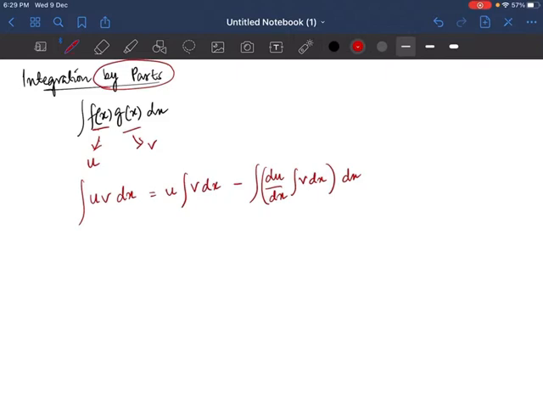Okay, so basically what is the main purpose of selecting u? The reason we are selecting a function as u is that you see, u is never integrated. U comes outside and u in here is differentiated, right? So we will only substitute those functions as u which are hard to integrate, right?